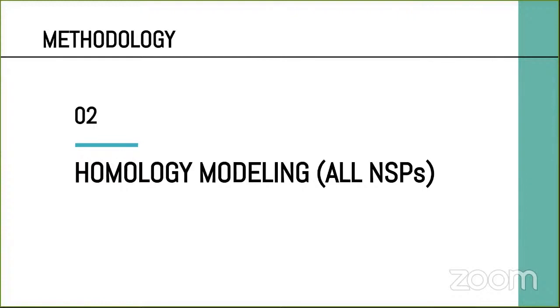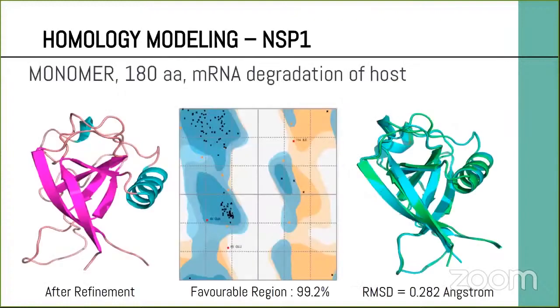And we have performed homology modeling for all NSPs. If you're able to see the next slide, it represents one example, NSP1, and in a similar way we have performed it for all other NSPs also. We took the NSP1 protein sequence and did homology modeling. Then we checked the model structure with the Ramachandran plot to see whether the structure is good, validated via the Ramachandran plot, and we also performed basic simulation, meaning minimization, and looked at how the structure looks after minimization. So this is just the preparation we have done.